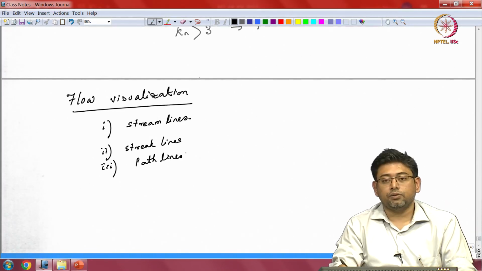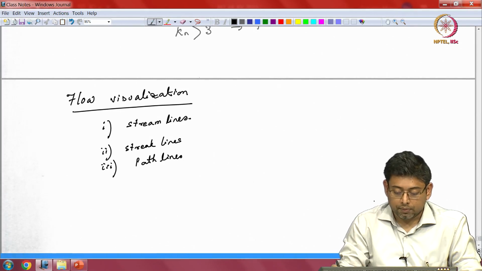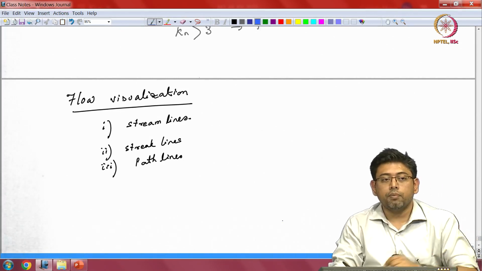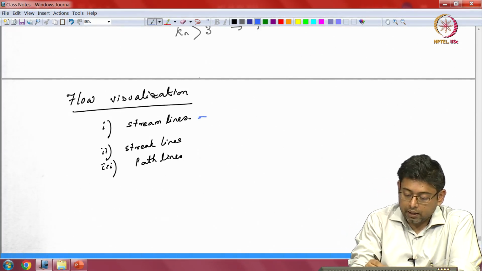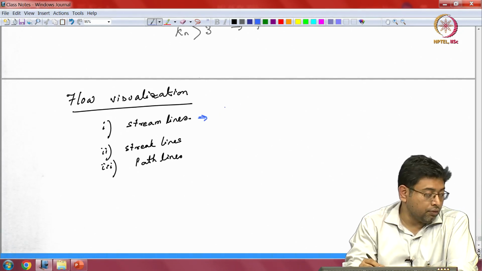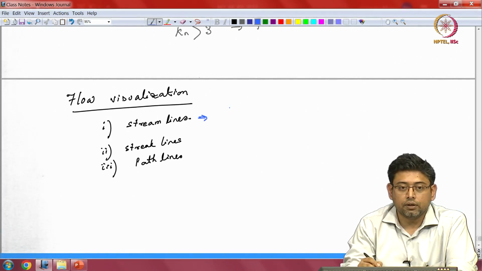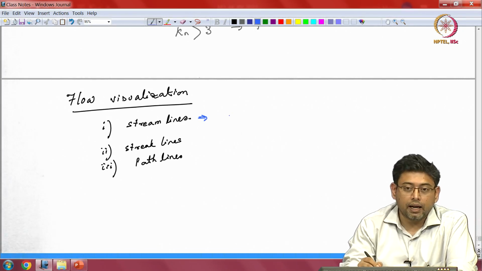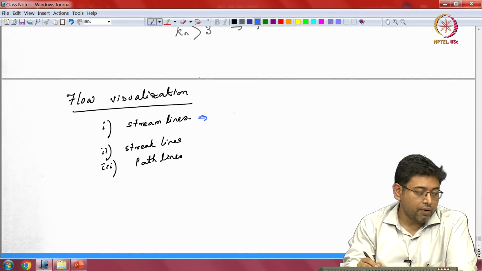There are some other lines as well, but these are the most common, right. The streamline is very important because this line is such that the flow field is everywhere tangent to this line, right. So, streamline is a line such that everywhere it is tangent,